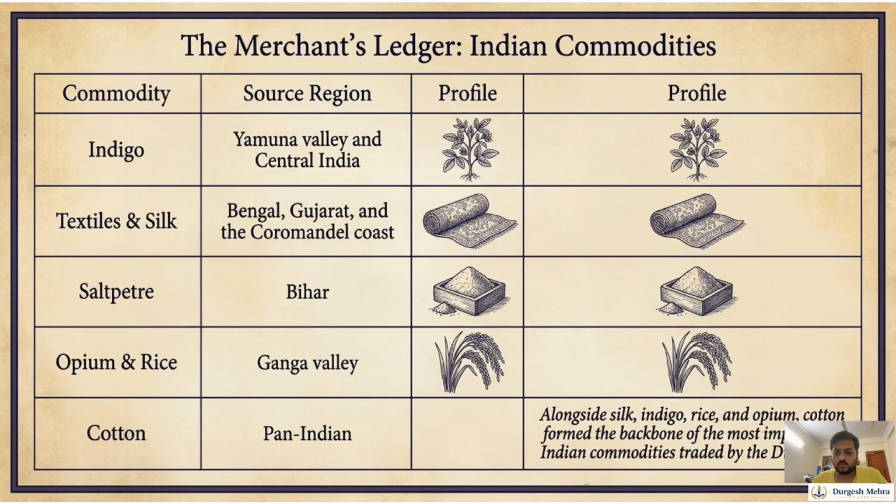The first one is indigo. You have to read out the location also, like you have to remember the locations also. They extracted the indigo from the Yamuna Valley in central India. Then the textiles and silk were extracted from Bengal, Gujarat, and Coromandel coast. Then saltpetre, that is a salt, from Bihar. Opium and rice from the Ganga Valley, and the last one is the cotton that was extracted from Pan